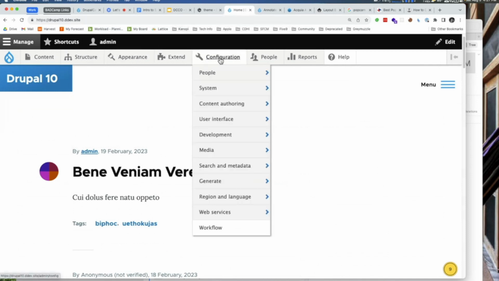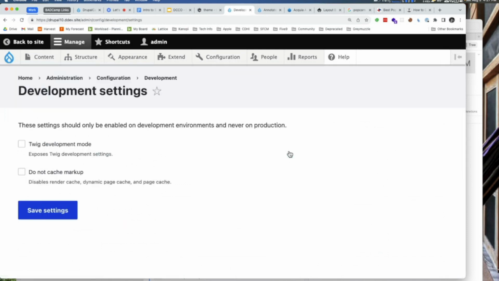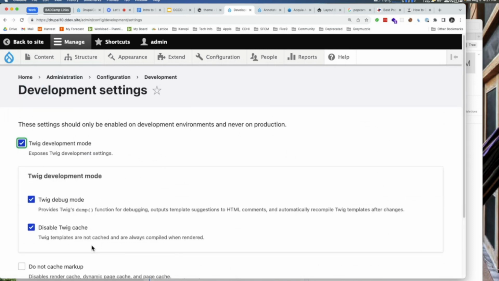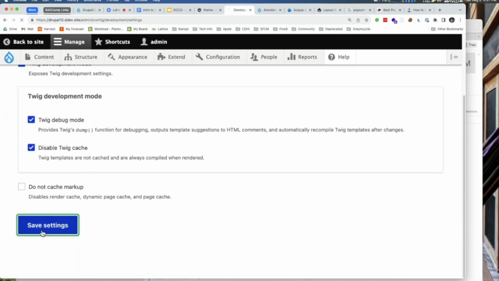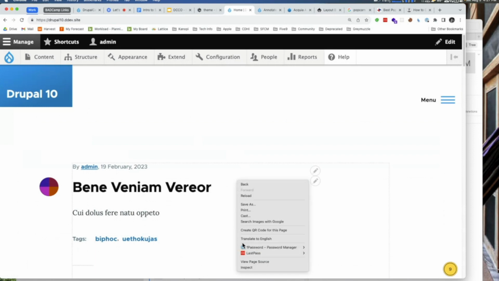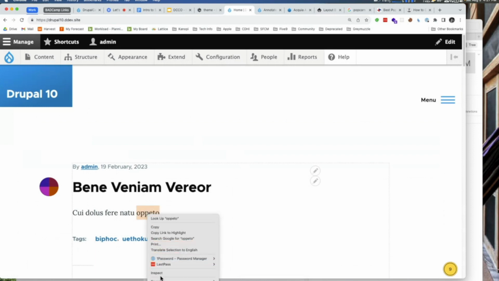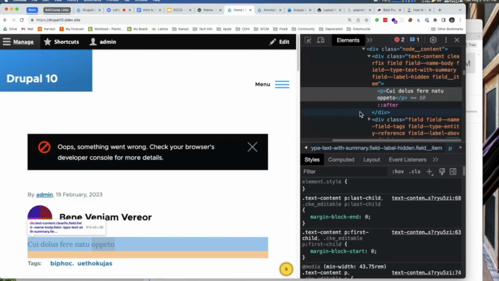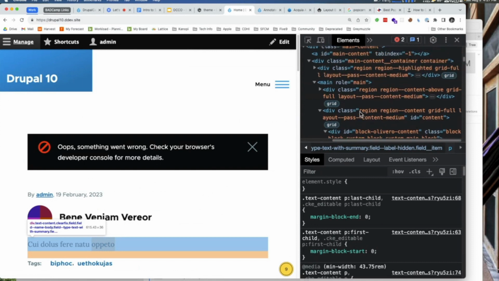But what I wanted to point out is if you go now in 10.1 into your development settings, normally you'd have to go into your development YAML file and services and turn on Twig debug and all that stuff. Well, now you can just click that button and have debug and dump and everything available to you. Save your settings, and then when you go back, without having to do anything, as you inspect this, go away. You see that it didn't work.